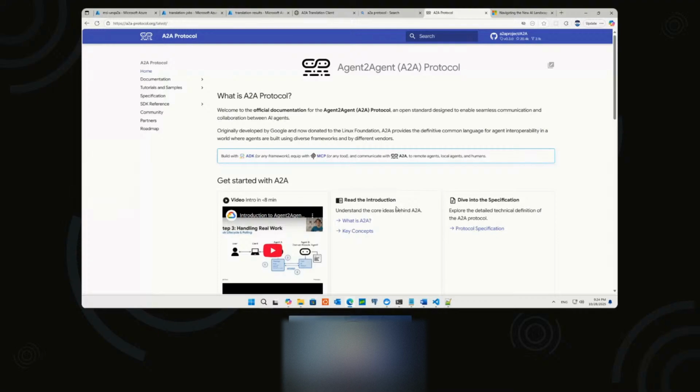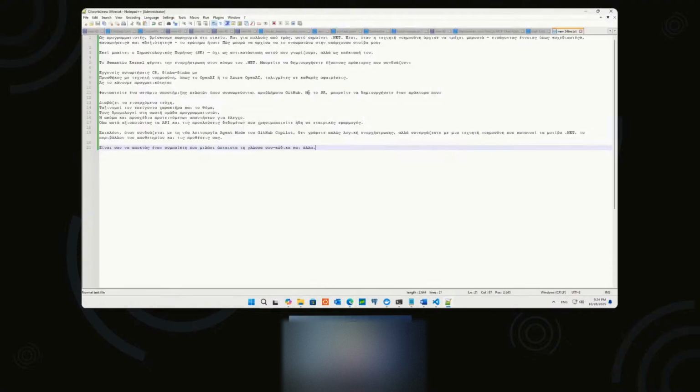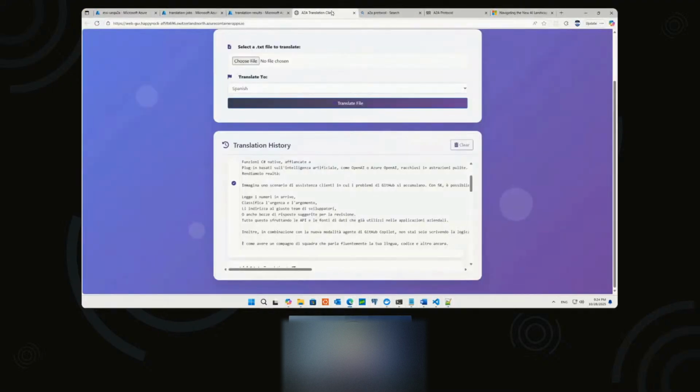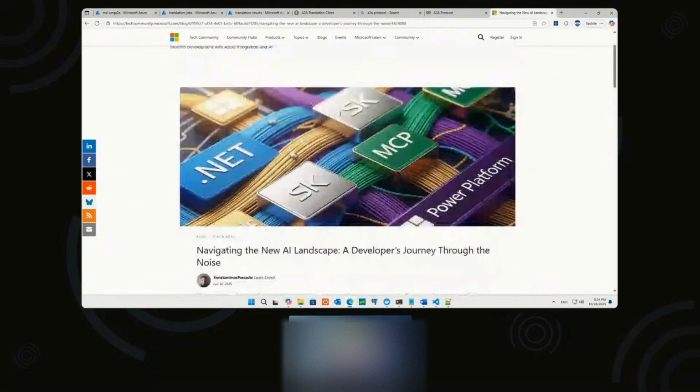Your orchestrator and your workers, or you can have more orchestrators and more workers. No need for middleware. Remember, it is A to A, not A, another A, and another A. It is A to A, one to one. And that's the beauty of it. I was not convinced the first time that this thing would work. But when I saw the actual results and how it is behaving and responding,